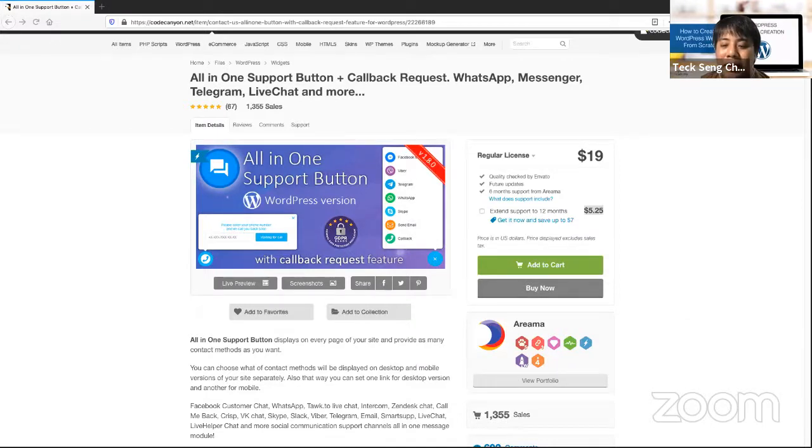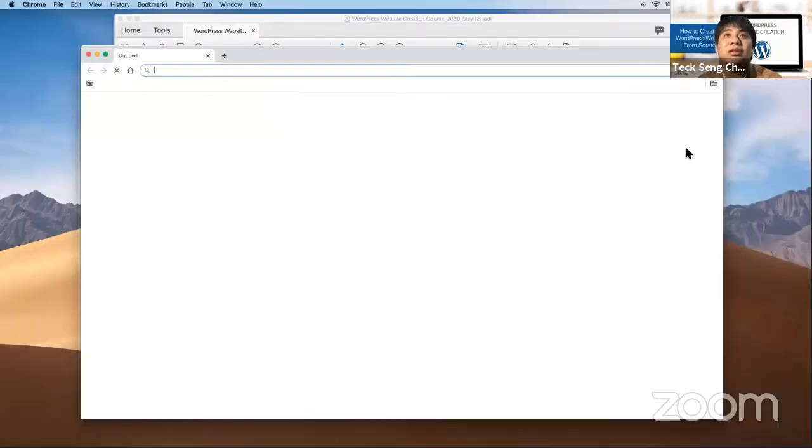Usually for plugins, the fee that you pay, most of the time you won't be able to ask for a refund. Okay, so make sure that you get it correct, then you buy. Okay, if you really don't know whether this is correct or not, then you do a review. Go Google for a review to see whether there is anyone who has been using the same plugin and is able to give you a review or not.